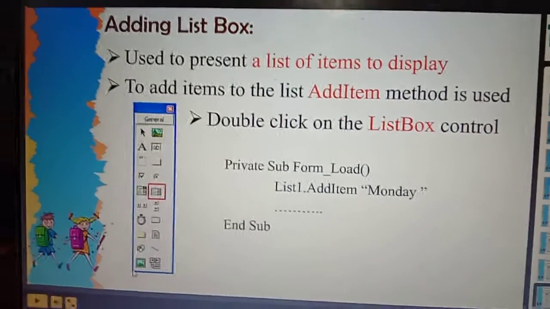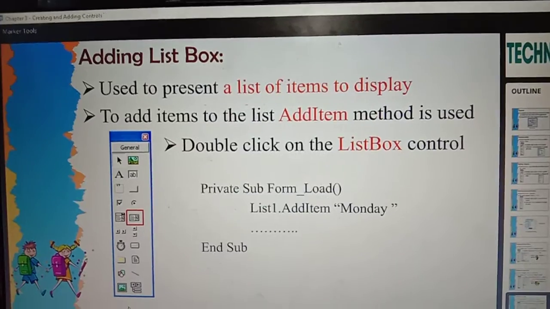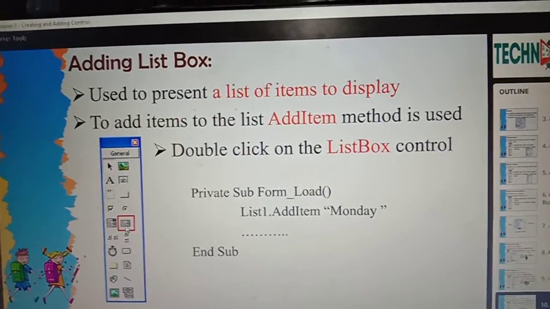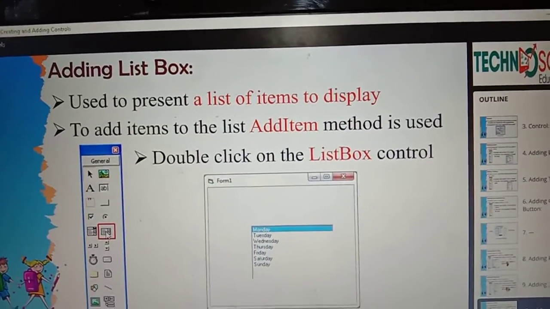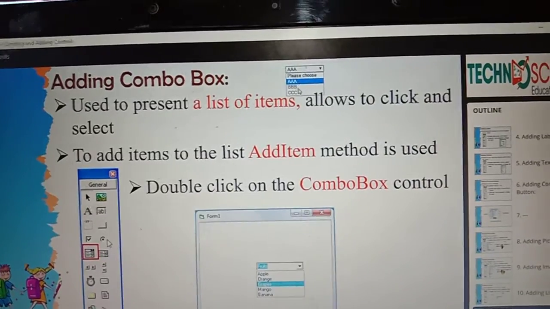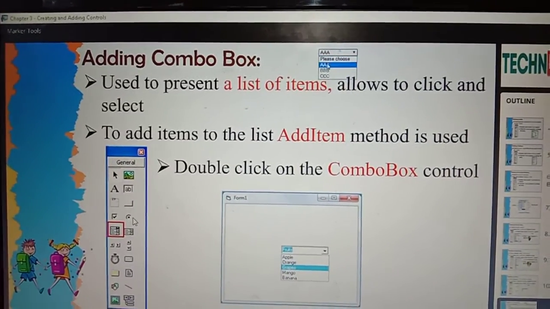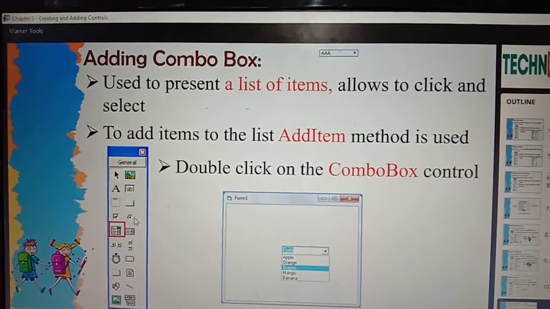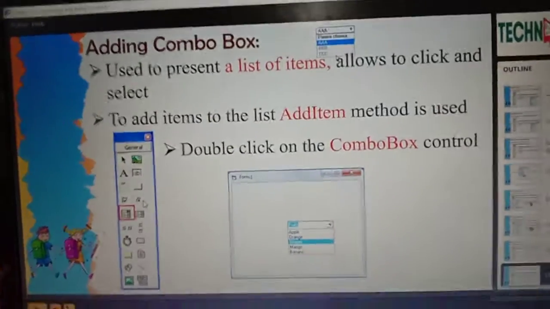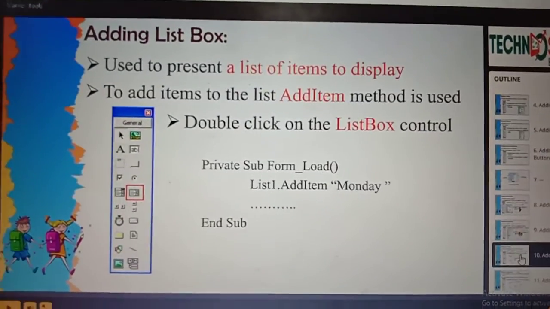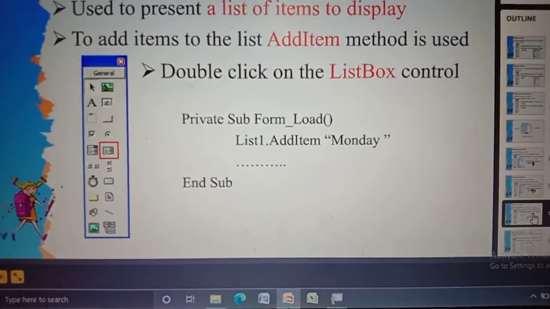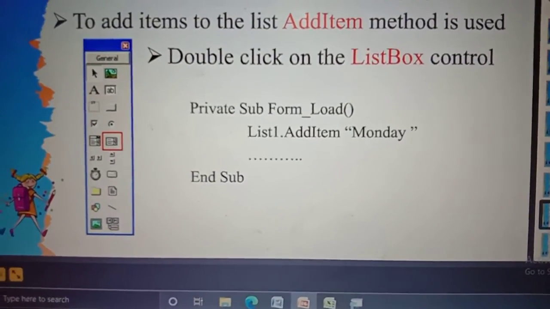Okay, here the highlighted portion is the list box icon. Again you double click on it. You need to double click on the list box control, and this is a sample program.